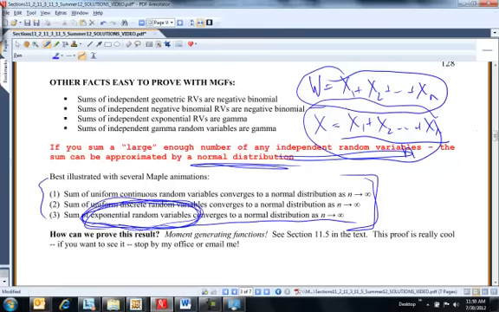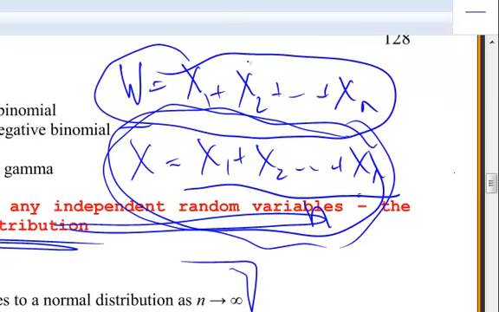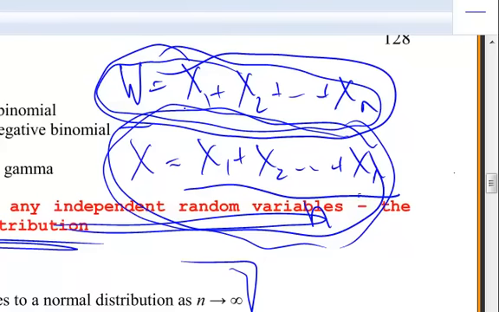I don't care if you already understand how to do X bar problems. If you took a statistics class, this probably makes sense to you. If not, this will follow exactly from what I've been doing in 11.2, and I will show you another example of those. So I was here yesterday.